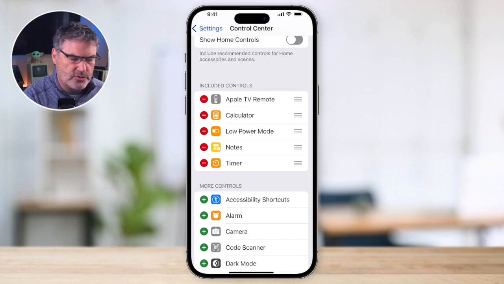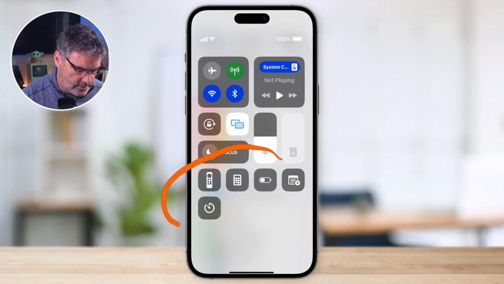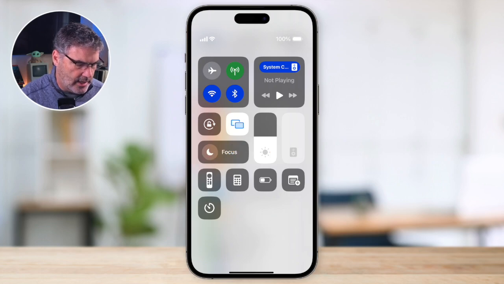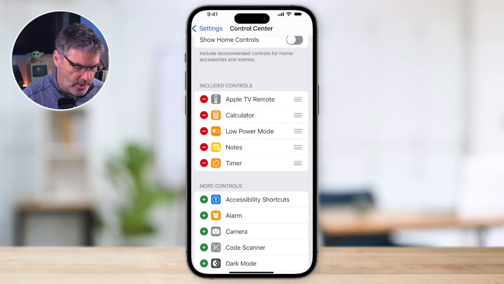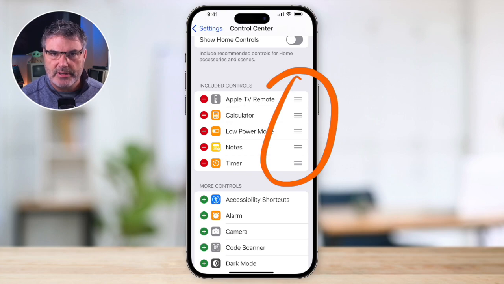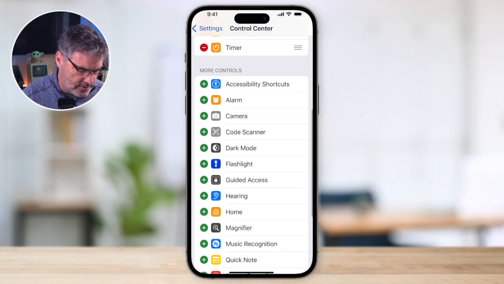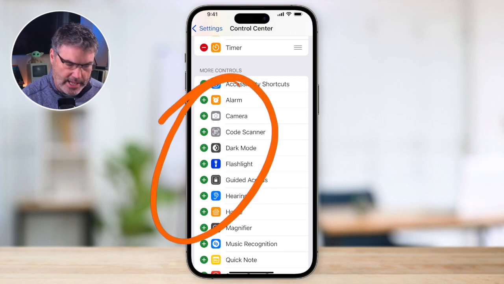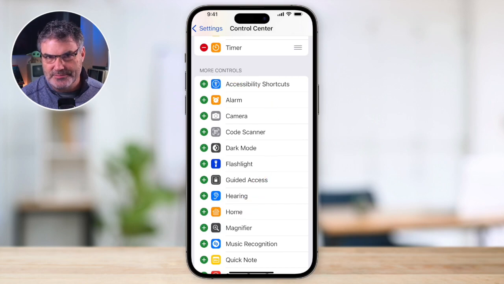So now when I go to my control center, these are the controls that I just added. And we can also rearrange them by just dragging these up and down. So take a look at these controls here and see if there's any controls that you might want to add to your control center. Now the next tip is one of my favorite ones, and this is utilize low power